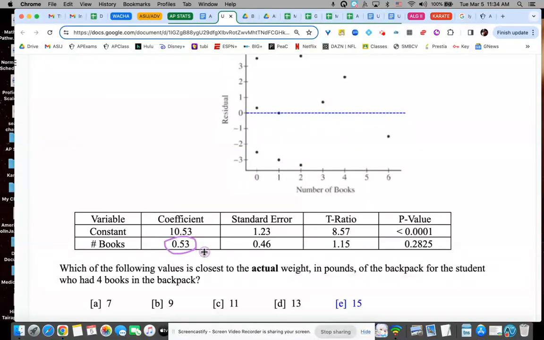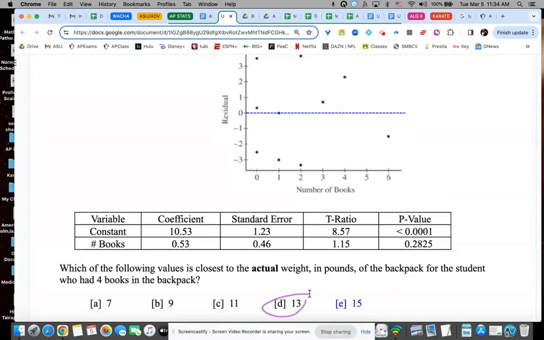Okay, so you put that in the calculator using the slope. So we take 0.53 times 4. Half of 4 is like 2. You can almost do it in your head. That's about 2, maybe a little bit more than 2. And then I have to add the y-intercept to it. So 10.53 plus 2 point something, that's like 12.6 or something, 12 and a half, 12.6, something like that, which